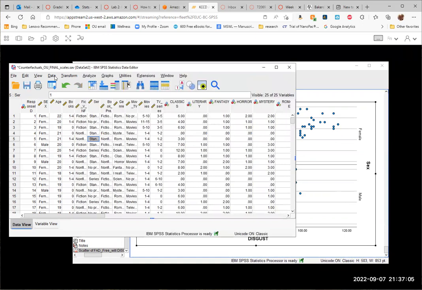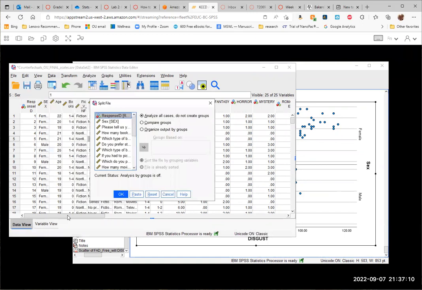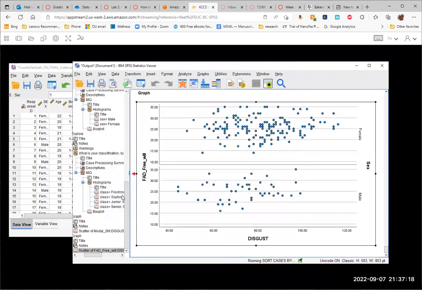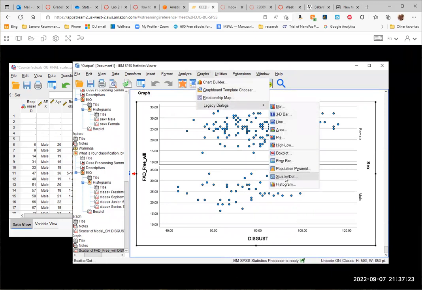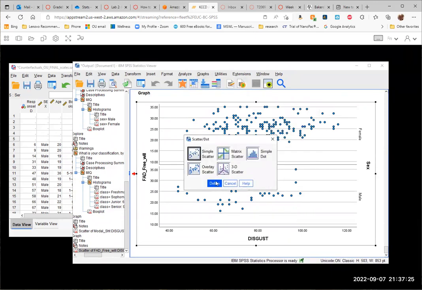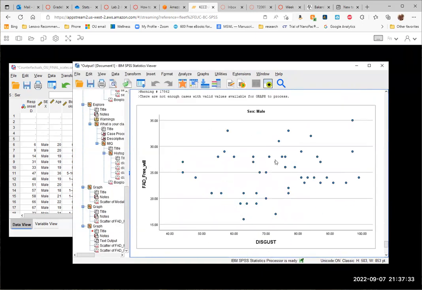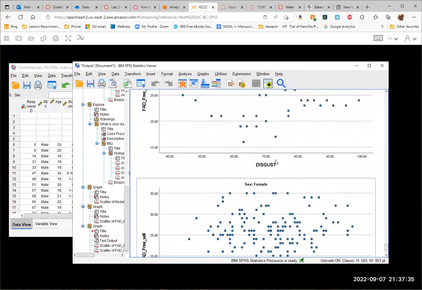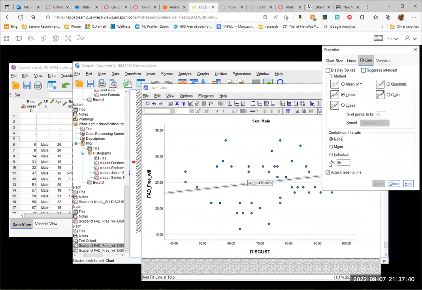So if we want to split the file, and I'll make a separate video, we can go down to split file, select compare groups, select sex, and then move it into groups based on, hit OK. Then go to Graphs, Legacy Dialogs, Scatter Dot, Simple Scatter, Define, take sex away from that, and then hit OK. Okay, and then we again have two separate scatter plots, one for male, one for female, and now we can add the line of best fit